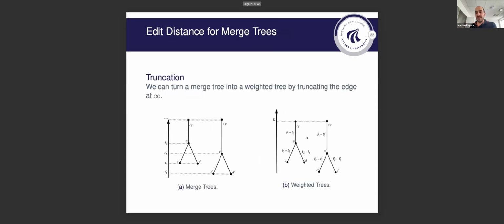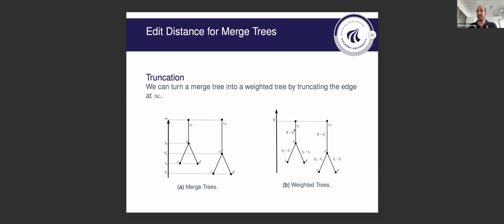So now we have obtained a metric for weighted trees. We need to transport it onto merge trees. We've seen that merge trees are just trees with some function defined on the vertices and this edge here that stretches up to infinity. How do we turn this tree into weighted trees? Maybe the first idea that comes up, a natural way to do that, is just to truncate those edges that go to infinity and then take as weights the difference in height between the two vertices associated